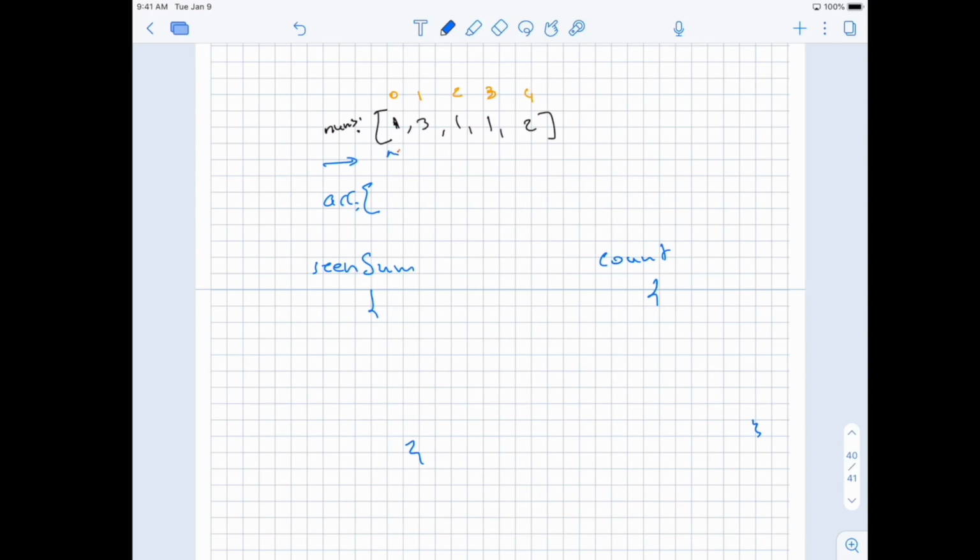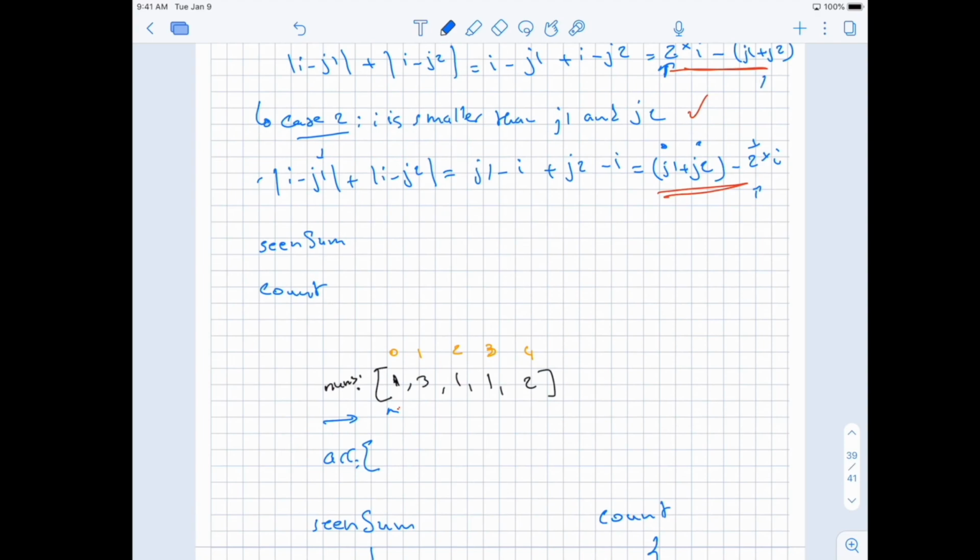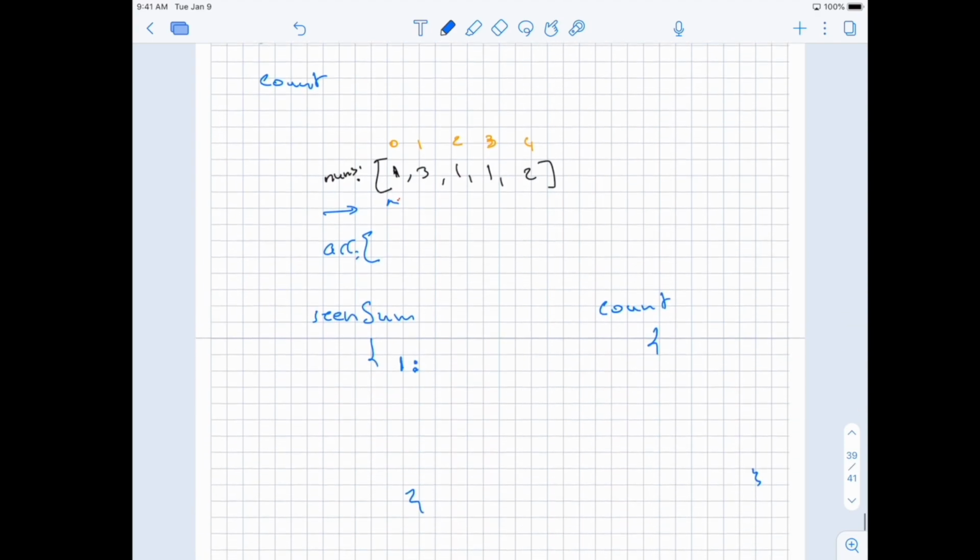And so when we get here first, this is first left to right pass. And so 1, we haven't seen any of it yet in seen sum, and we haven't seen any of it yet in count. So nothing to do here. But we need to record that we've seen it. So we say we've seen 1, right? So let's call 1 here. What's the index? So we want to put the index, right? Because we add actually the indices here. So this basically